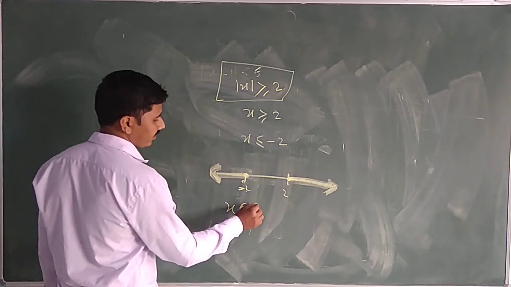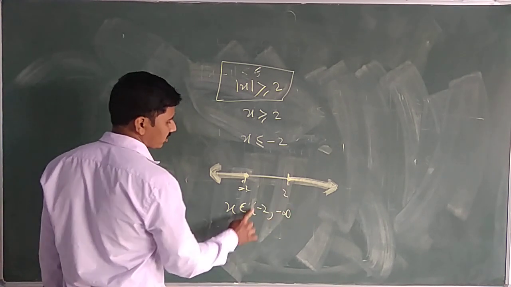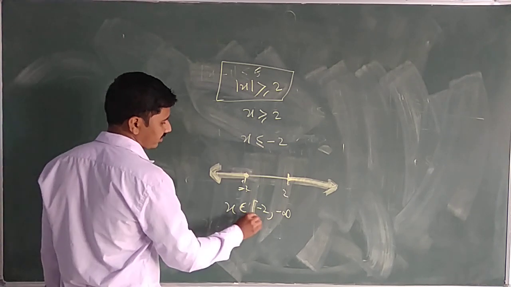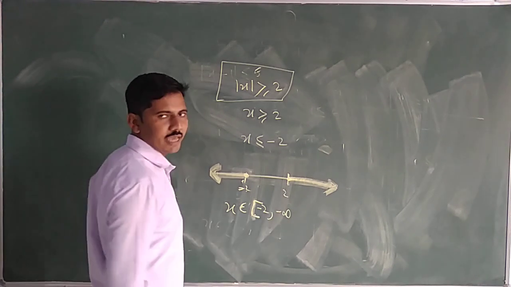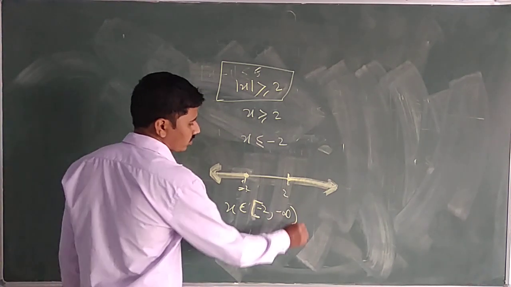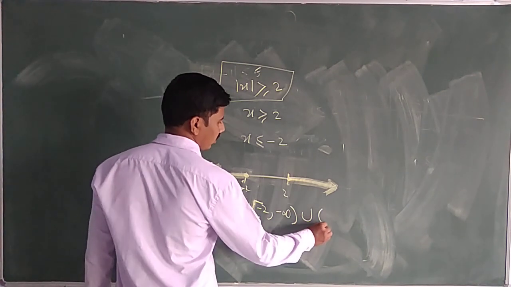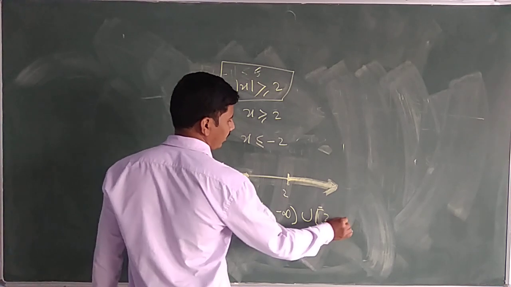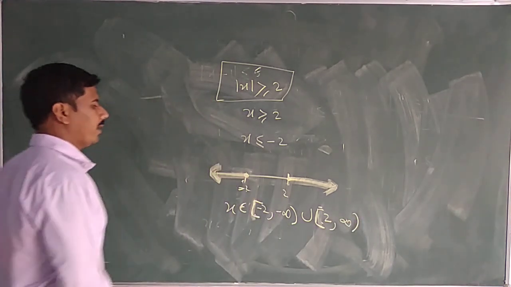X belongs to minus 2 to minus infinity. Minus 2 is included as it is a dark circle. Equal to symbol is here. Minus 2 included. So round circle, infinity minus infinity, we cannot capture a number, largest number. So we will put the round circle here, and union of this, put the square bracket there, 2, and till the infinity we cannot capture the number. So open bracket will be there.